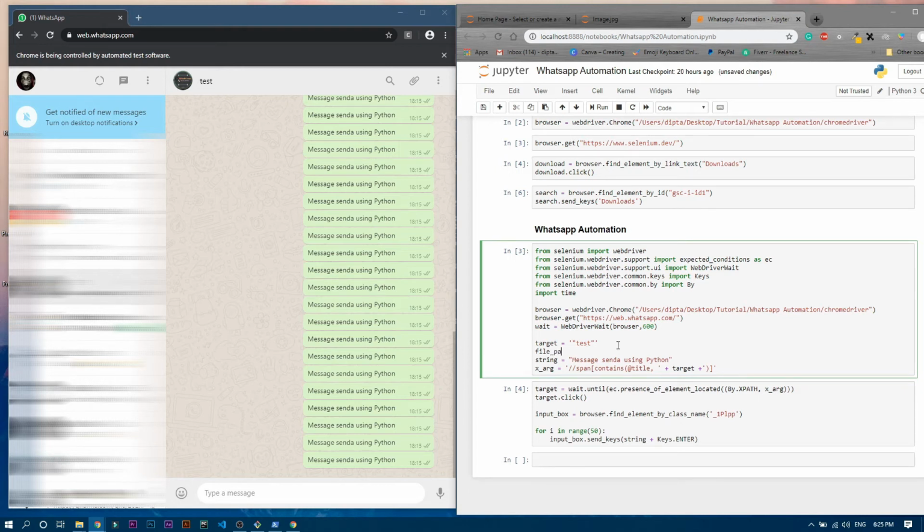So I'll just write file underscore path, and that will be equal to input, enter the file path. Okay, that's fine. And I can also use this message as a custom message, so I'll just write over here input, enter the message. You can also write input over here so that it will ask whom to send the message to, but for now it is test, obviously, because we will send all the messages to the test account, so that's why. Anyway, so let's close this one and run it again.